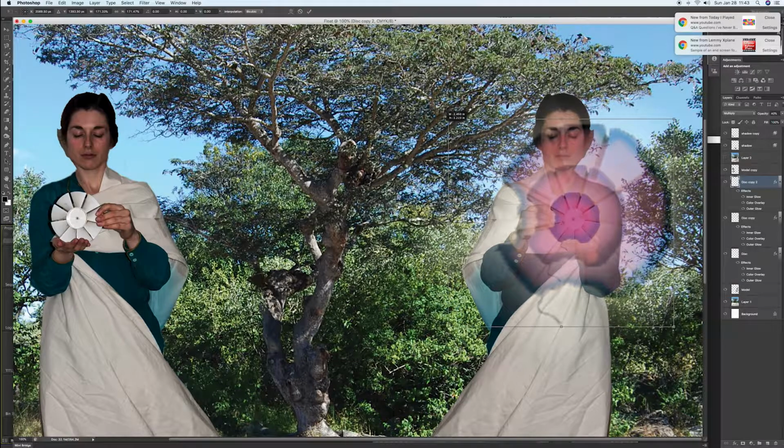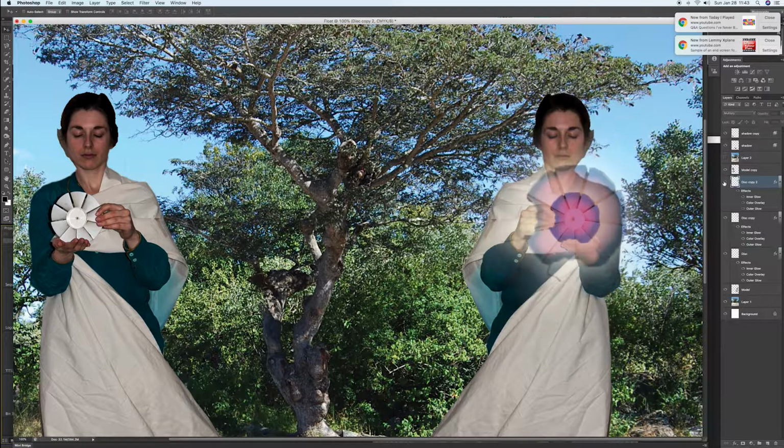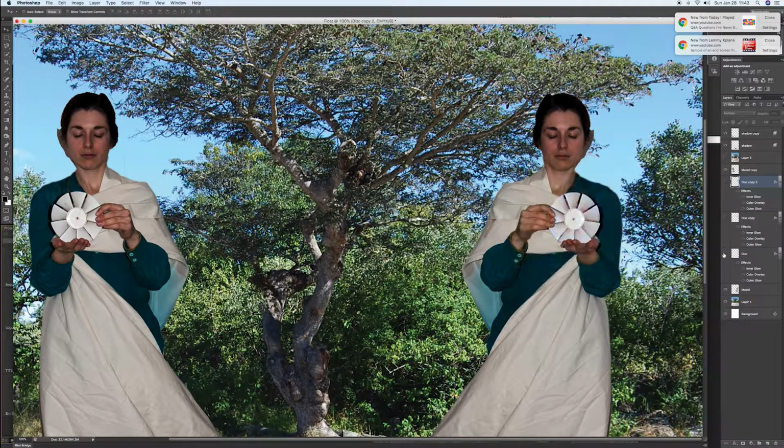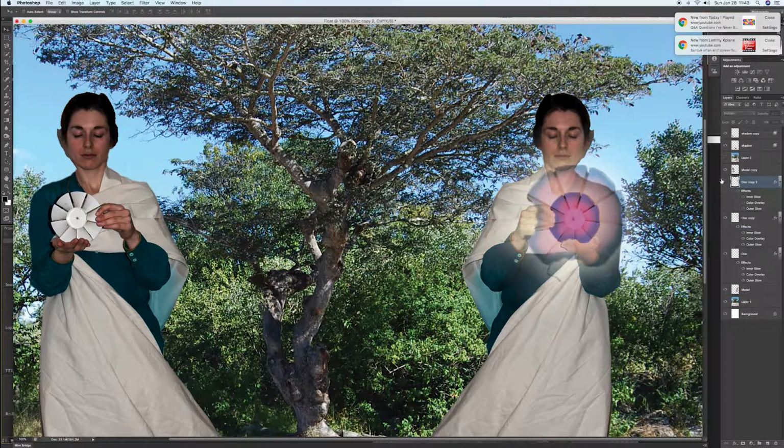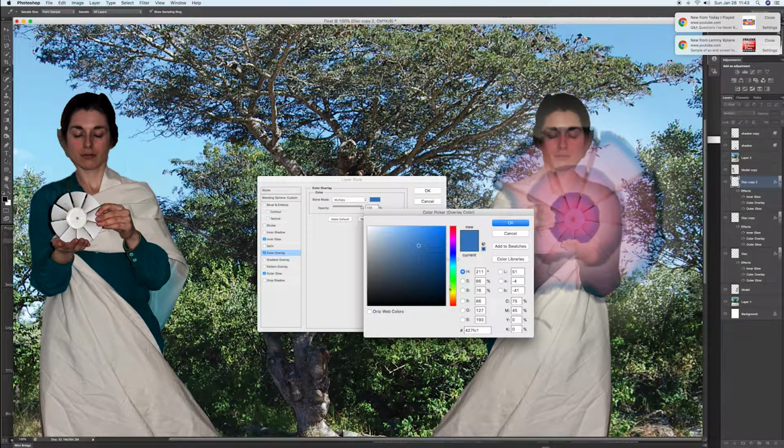There we go. Make it bigger, and then center it. There we go. So now what I have is 3 discs. 1, 2, 3. 3 discs overlapping the original one, and I can play around with these now. Like for example, I could change the top disc's color overlay to a bright yellow,